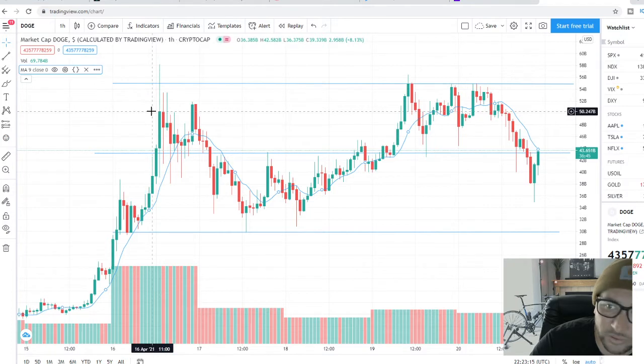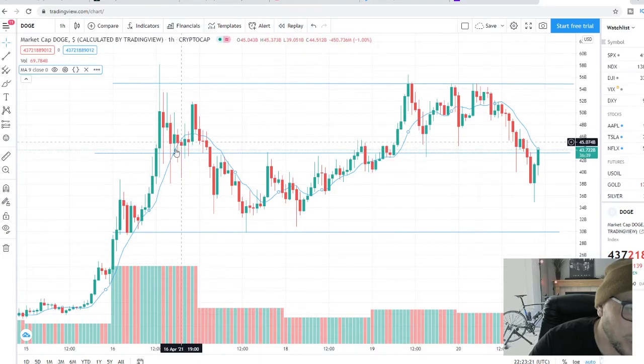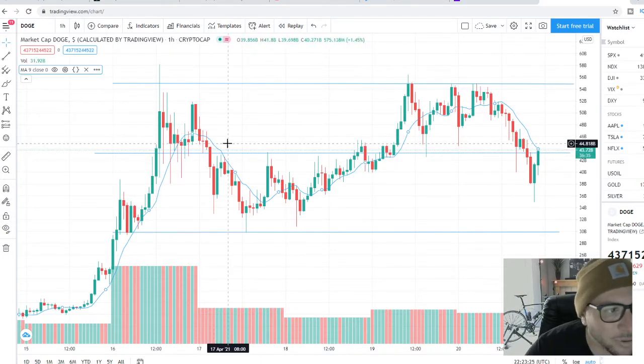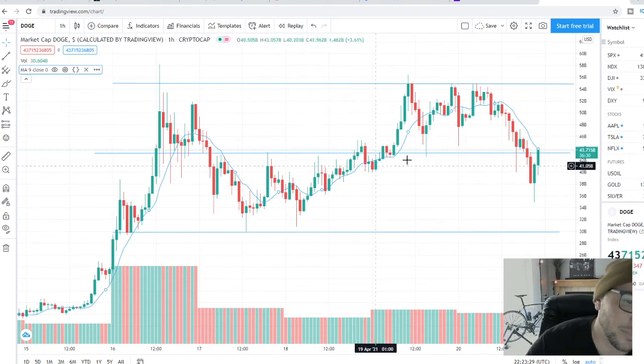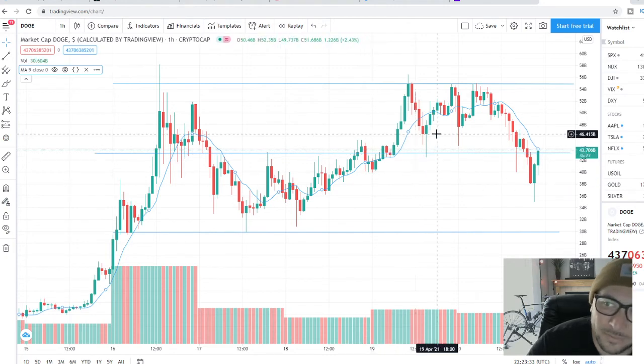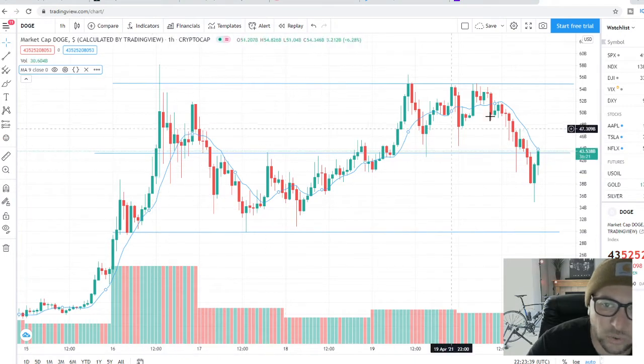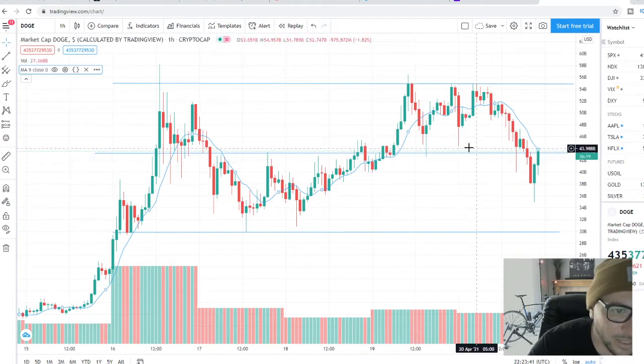So it settled at around 50 cents here, chopped around for a little bit, tested the 9 moving average here, broke through, bounced off. I'm particularly more of a stock trader, so I don't really know, but the charts are all the same. When you're looking at technical analysis, you're basically just looking at patterns, support levels, and resistance levels. So you can factor in and play them the same way here.